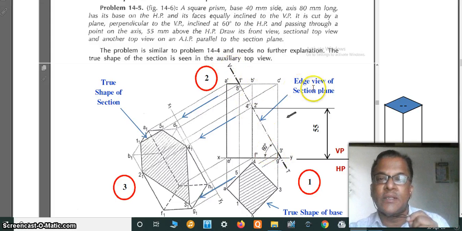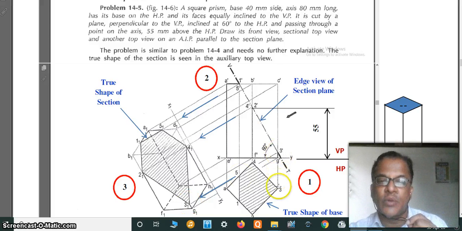So this is the edge of the cutting plane or section plane. Now it is cutting at 5 points. How 5 points? Now here this point number 3 is only 1 point on the CG, because CG is the edge. So to the edge, the cutting plane is cutting at only 1 point. So this is the point number 3 dash, which is 3-1 in the final true shape of the section. This we can locate. So single point.